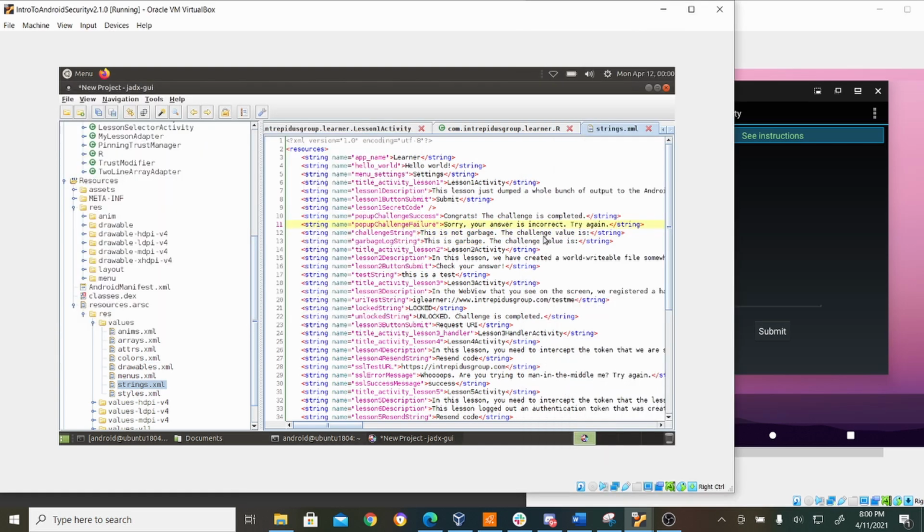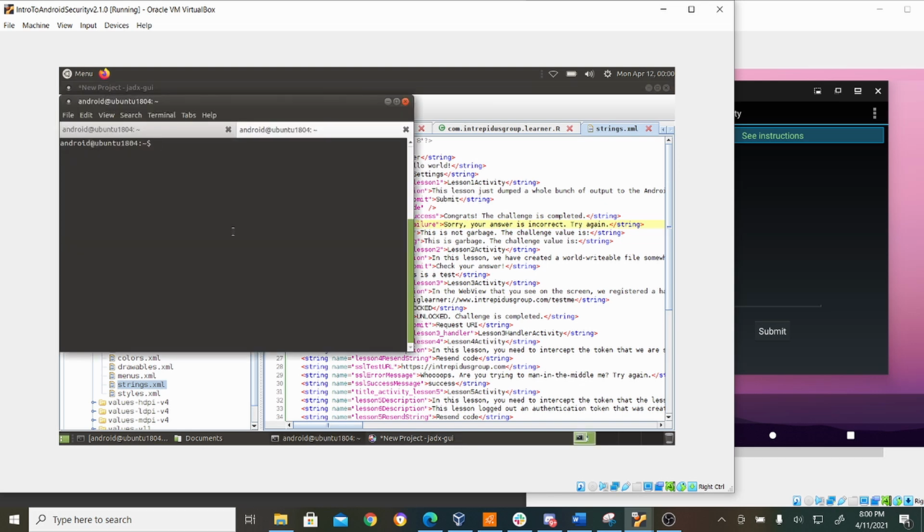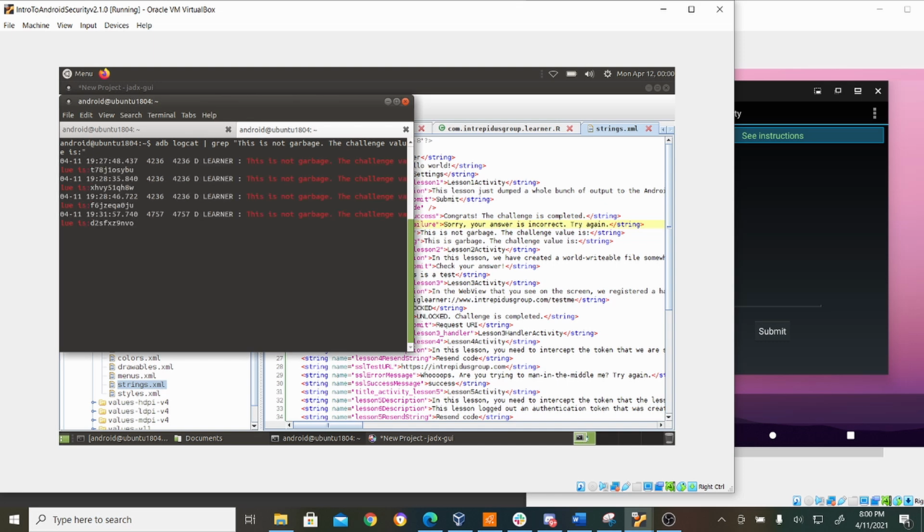This is not garbage. The challenge value is blank. So now what I'm going to do is say adb logcat, which will invoke logging inside of Android Debug Bridge. I'm going to pipe that, and I'm going to use the grep command, and I'm looking for a particular string. This is not garbage. The challenge value is. So if I press enter,